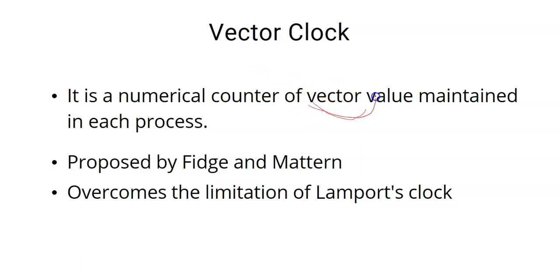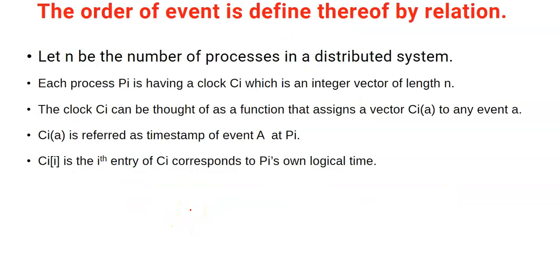This vector clock protocol was proposed by Fidge and Mattern, and as I said already, it overcomes the limitation of Lamport's clock. Here in vector clock, the order of events is defined by the happened-before relation as usual in Lamport clock,